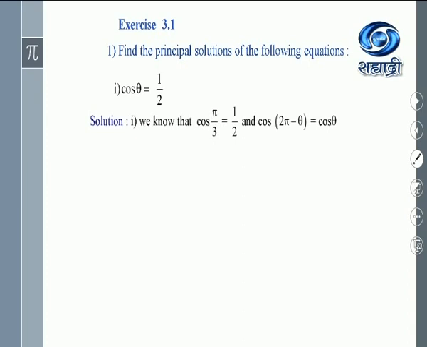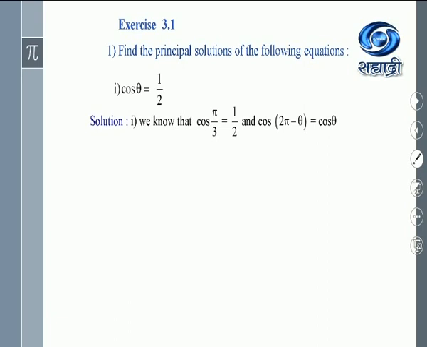The first step is what? Cos theta equal to half is given. Find out the angle for which cos theta is half. We know cos 60 degrees is 1 upon 2, and that 60 degrees we can write as pi by 3. Thus we write cos pi by 3 is equal to 1 upon 2. But keep in mind the condition is that theta or x or alpha, beta, gamma, etc. is always less than 2 pi and greater than or equal to 0.